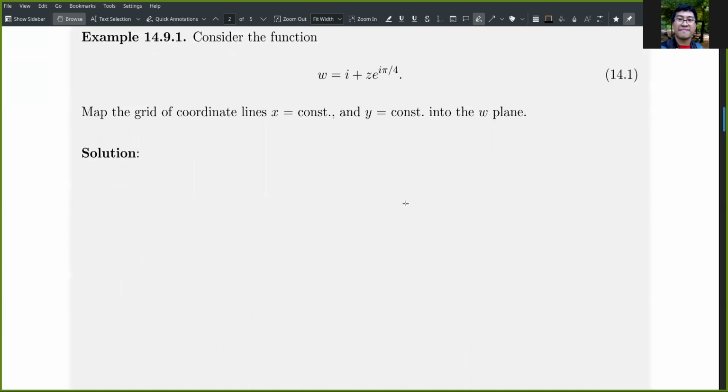For example, consider the function w equals i plus z e to the i pi over 4. Map the grid of coordinate lines x equals constant and y equals constant into the w plane. First thing we can do, we can set z equals x plus iy. So we substitute that here. Then we have w equals i plus (x plus iy)